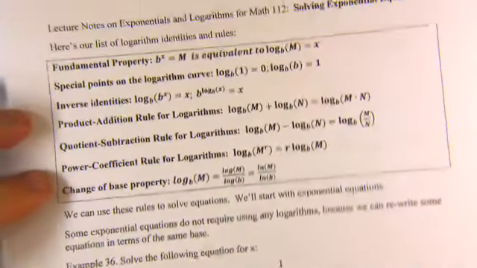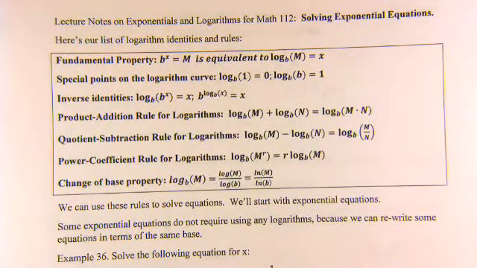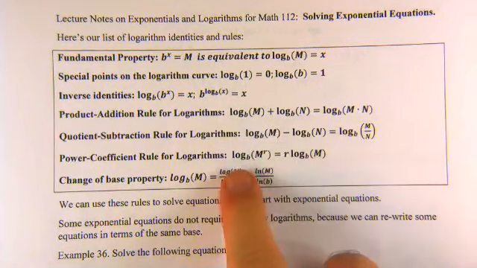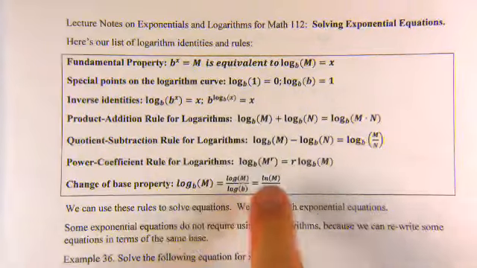Okay, so here we are with our solving exponential equations. There's our giant list of log rules: the fundamental property, special points of the logarithm curve, inverse identities, log base b of b to the x equals x, b to the log base b of x equals x, product addition rule, quotient subtraction rule, power coefficient rule, change of base property. This one